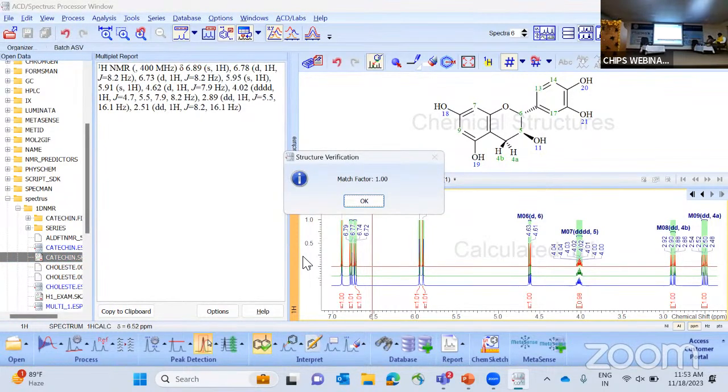But in case your structure is somewhat new, it will differ. Because I generated multiple reports using the same compound, that's why it gives completely reverse, fully matches. So the same practice you can do for your new compound also. So this is the prediction. So now I go to